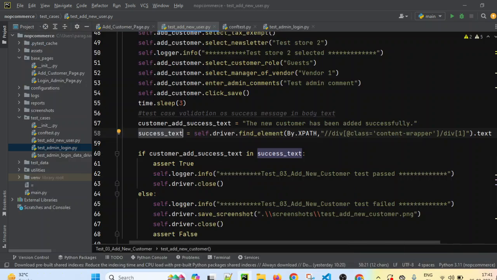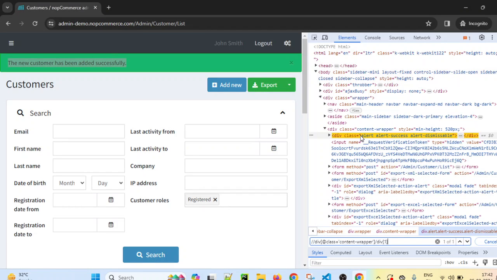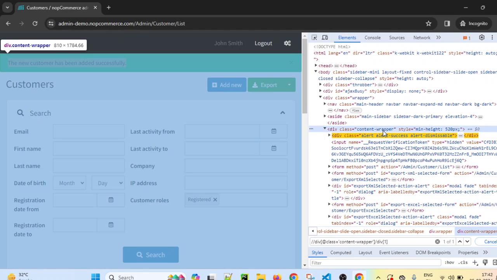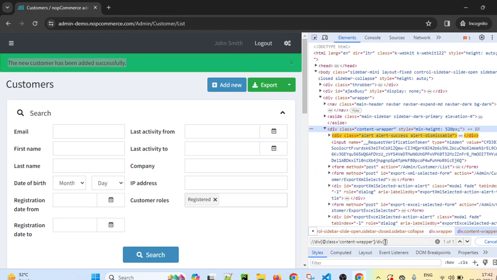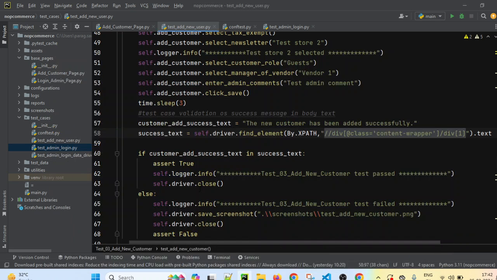If you use this XPath and press Control F, Control V, you can identify that specific text. In this XPath, the class equals content wrapper, and inside that, the first div should give the text. If I extract the text from the first div, it highlights that specific text. So I'm just extracting that text and comparing it with our expected text.